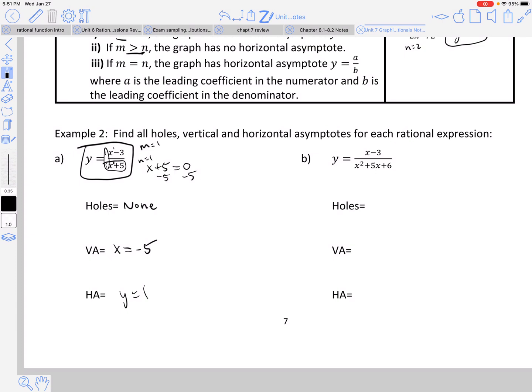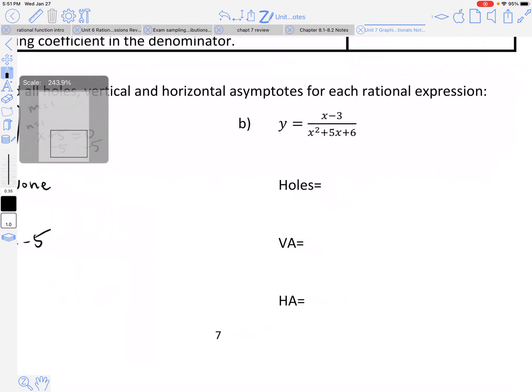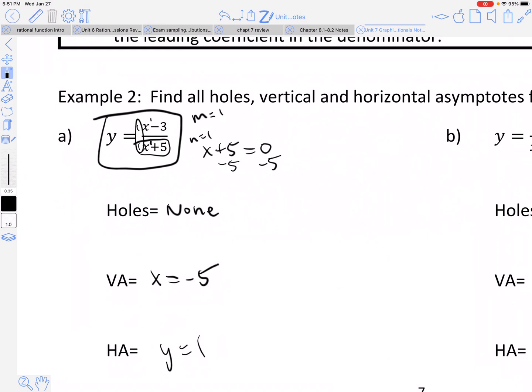Okay, all right, so B, let me explain that real quick. Hopefully this helps you understand the horizontal asymptotes. I'm just going to use it in terms of money. So if I had tons and tons of dollars, let's say I was a billionaire. If I had 1 billion minus 3 divided by 1 billion plus 5, what we plug in for x, billion minus 3, billion plus 5, minus 3, plus 5, when you're a billionaire,